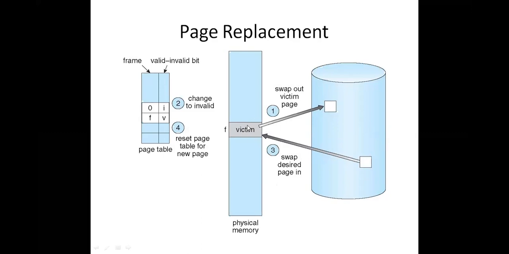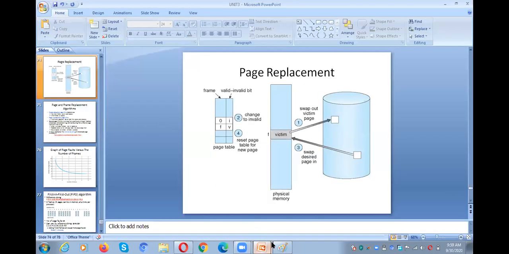So what we have to do, if there is no free frame, we need to select a victim. The information available in one frame needs to be swapped out to the secondary memory. So this is the victim frame. I have selected this frame, and the information available in the frame will be moved back to the secondary memory. Now it is not in the main memory, right? So we need to change it to invalid. And then we have to swap in the desired page and mark it as valid. So let me explain with Paint.